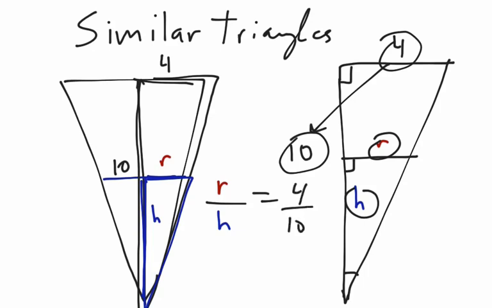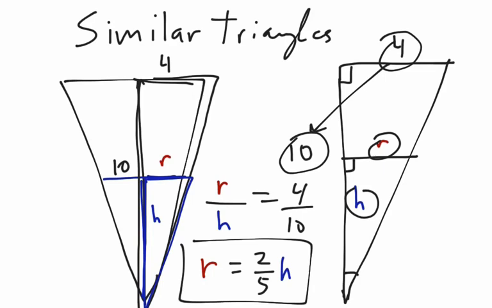That can actually be simplified, and furthermore, we're going to solve for r. So we're going to say r is equal to 4/10, which is 2/5, times h. And this is wonderful because now we're going to take this and plug it into our volume equation first. So you're going to take v, which is 1/3 pi r squared h, and you're going to take that r equation that we just had that had h in it,